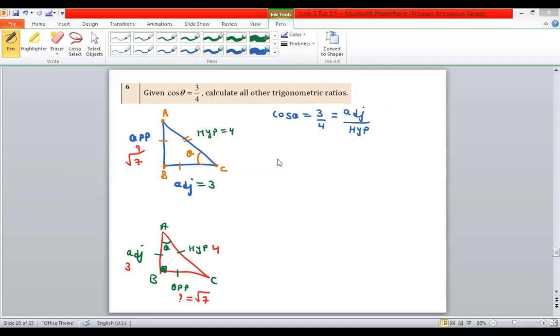If you take any value of theta, this is your sin theta. Always opposite upon hypotenuse. It's under root 7 by 4, for any value of theta. And from cos theta and sin theta, you get cosec, it's just the reciprocal. Whether you put theta at A or C, anywhere, you will always get the same value.